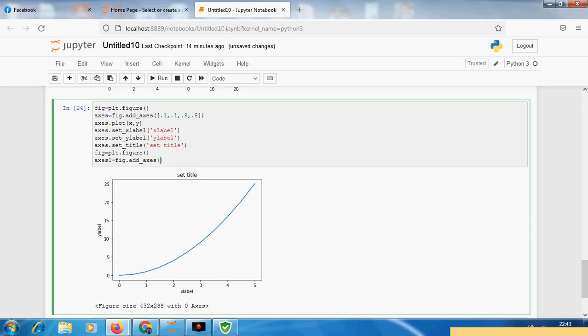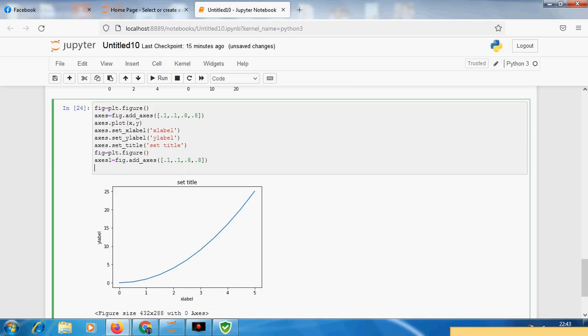Within this list I have to give the arguments just like before: 0.1, 0.1, 0.8, 0.8. Then I have to declare one more axis, axis2 equals figure.add_axes